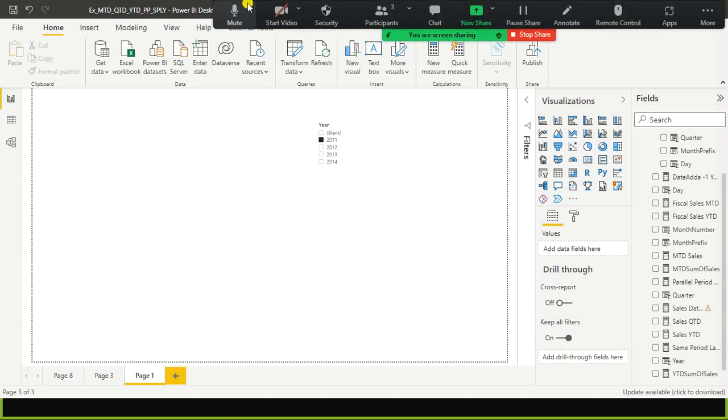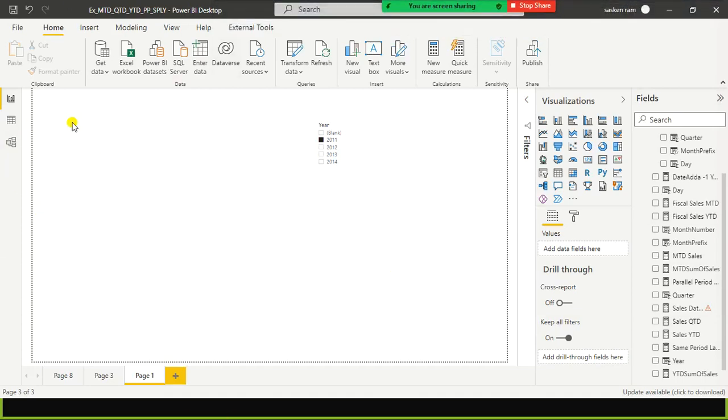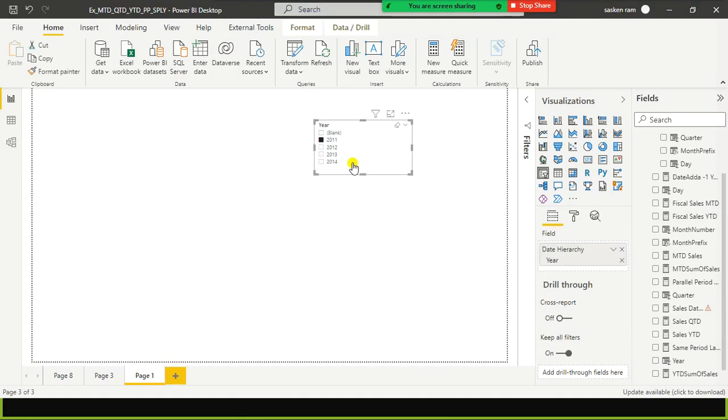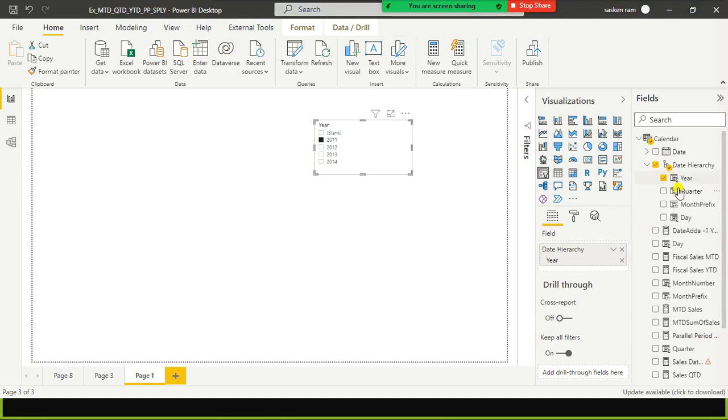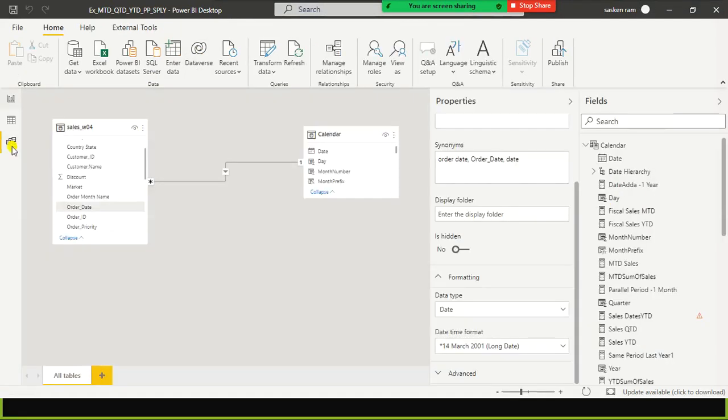Now let us start with month to date sales. Before that, I just created a slicer for the year here. So in order to perform time intelligence functions, if you want to use a time intelligence function, something like a